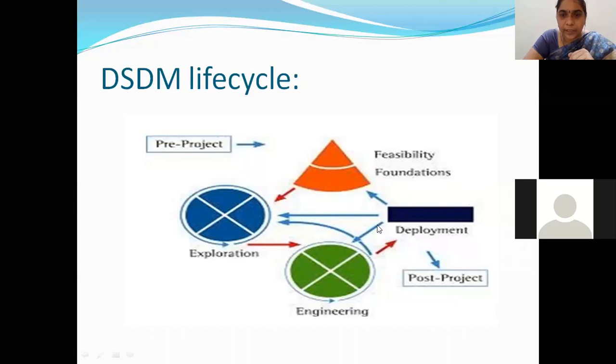And finally, what might happen? You missed some non-functional thing, like security, like portability, reusability. You missed some non-functional requirement that should be included. Again, you'll return back to the engineering. So these are the things that happen in this development after deploying to the user. So, students, these are the four phases of the DSDM lifecycle.